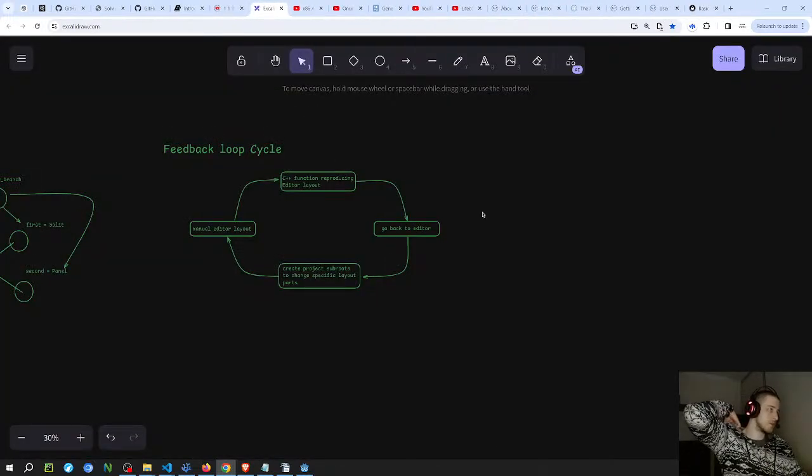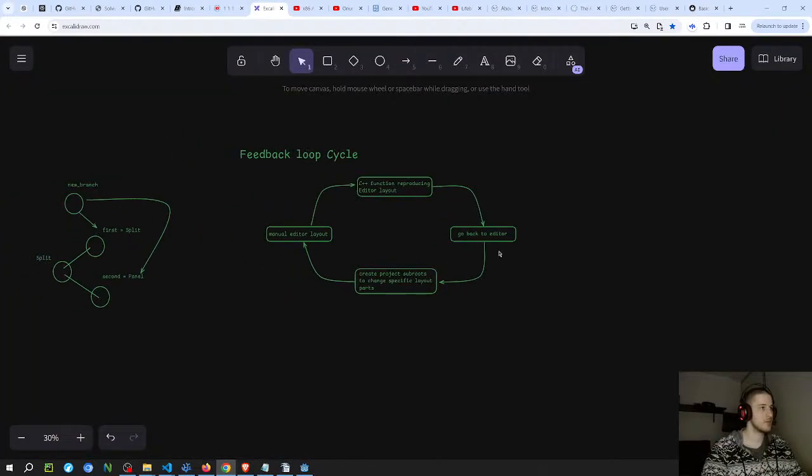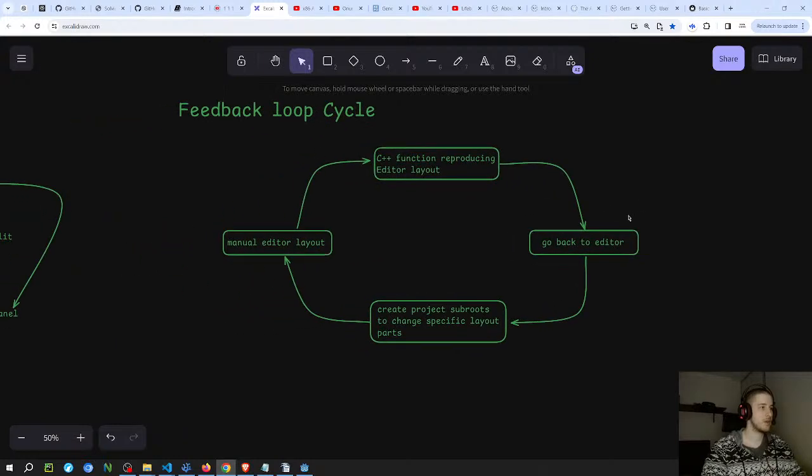So the feedback loop cycle, I have to keep this in mind. Everything's going to be a cycle, so I'm going to try to increase the frequency because obviously so far I haven't done anything, so I'm not sure how it's going to go. The way that I'm thinking is you create the layout from the editor, then you pass the layout to a C++ function, then you go back to that. You create the scene from the code,